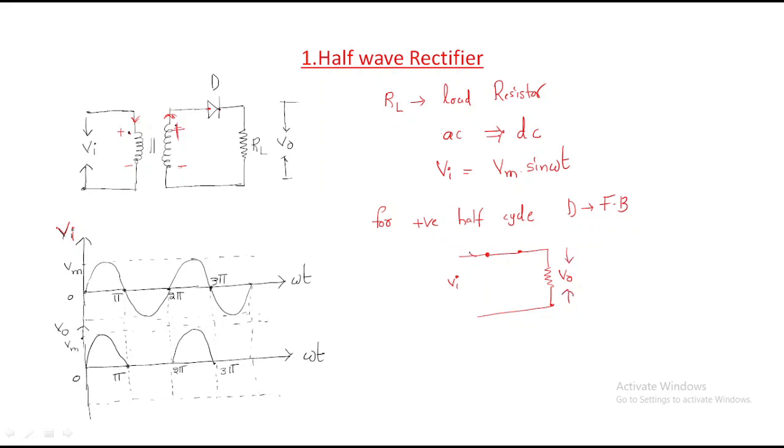Look at here, for positive half cycle the complete supply, assume that the diode is ideal. This is one of the important points. Assume D is ideal. Ideal means there is no internal resistance, there is no cut-in voltage. That's why the complete positive half cycle is represented, this is the V0 and this is the output wave. Up to this is the output wave.